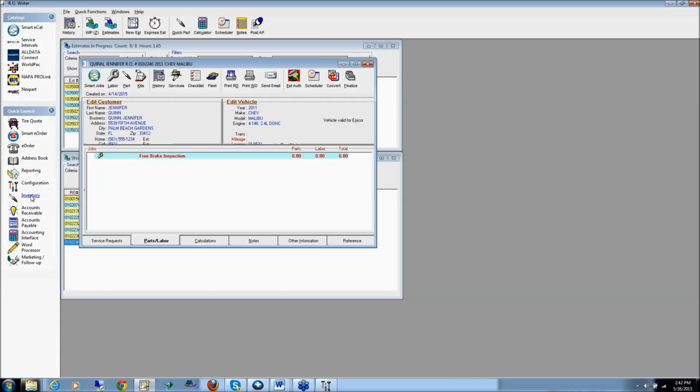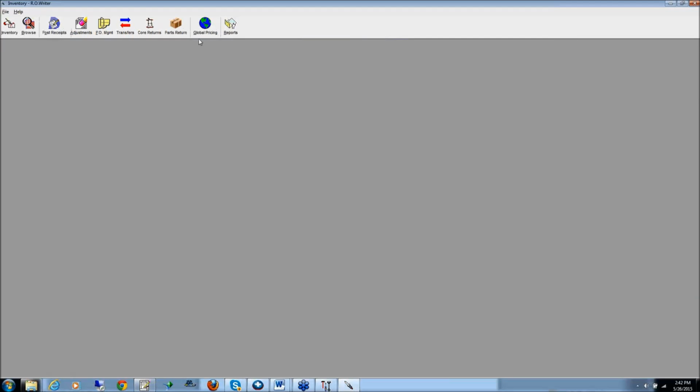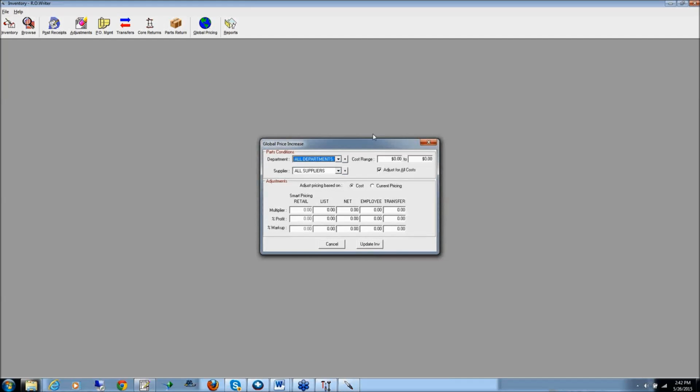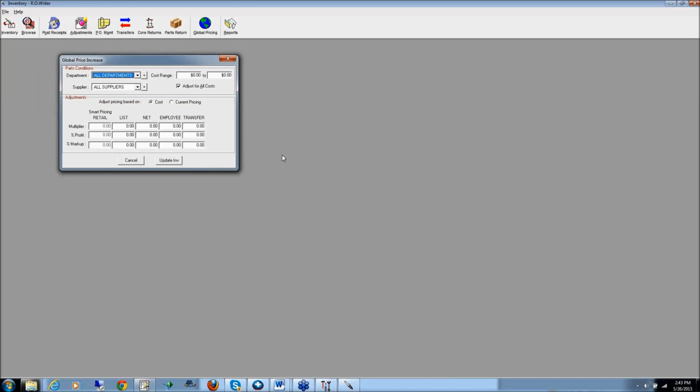We're going to do one last piece as part of our presentation today. In configuration, we have smart pricing, but as we leave configuration, over in inventory, we have what's called global pricing. Out here to the far right is my global pricing piece. Smart pricing only impacts price 1. What I mean by that is, if you're familiar with RWriter's inventory module, you can assign up to 5 different price books for an individual part. In my case, I've got them called retail, list, net, employee, and transfer pricing. Global pricing is how we would adjust the pricing other than price 1 and/or apply all of our matrices